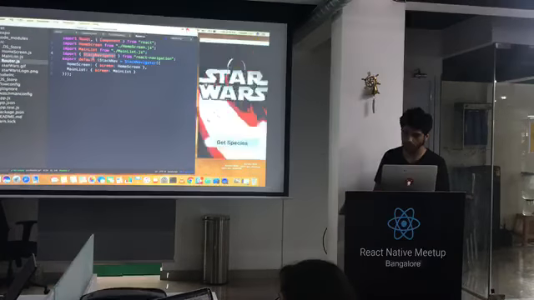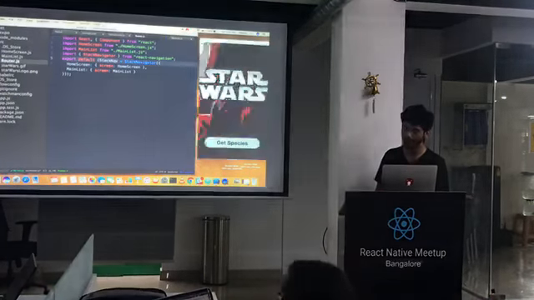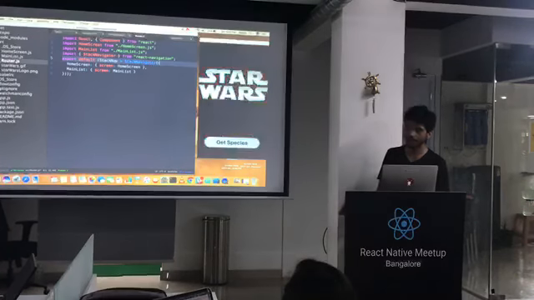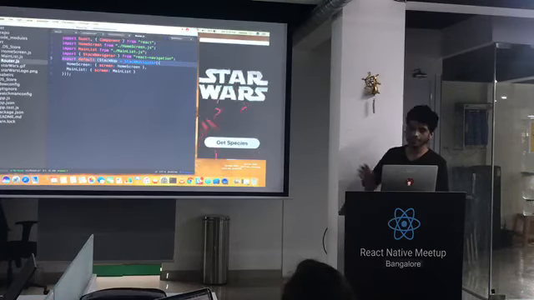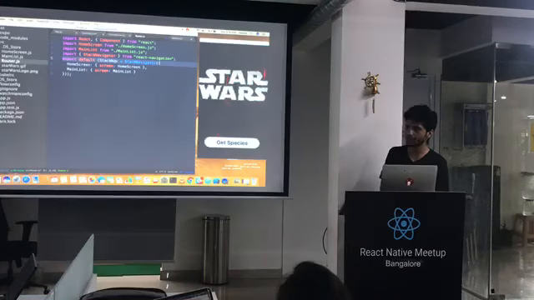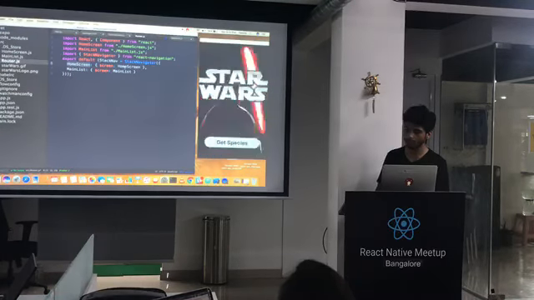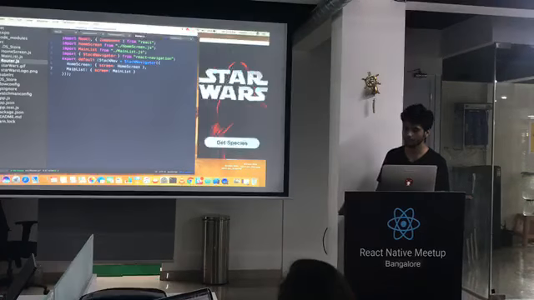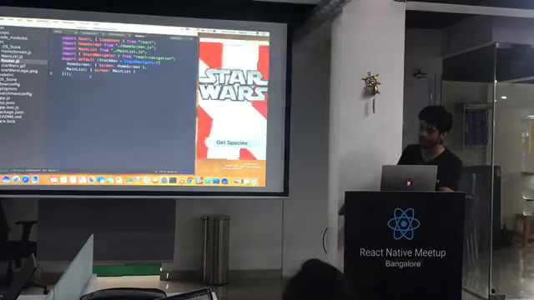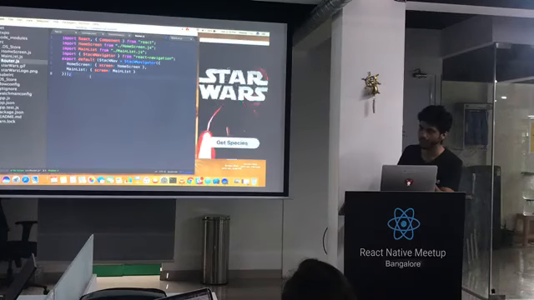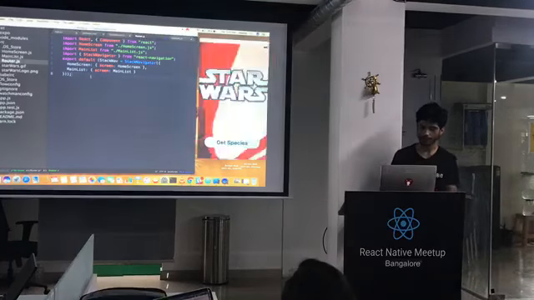We are exporting a router component from this file, and in our root file, app.js, we are going to be passing this router component itself. We are just defining our screens by the names home screen and main list. This is the basic setup that we need to do: just import Stack Navigator, and inside the object you pass your screens, as has been shown.